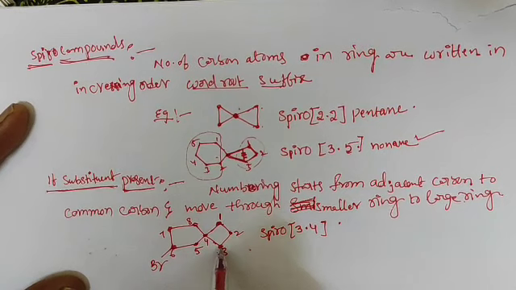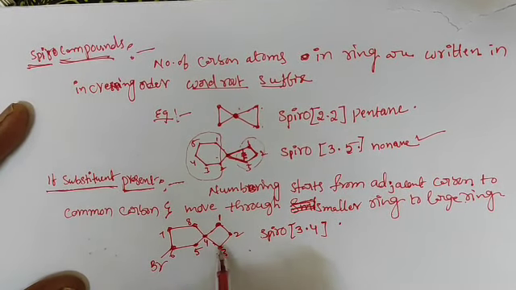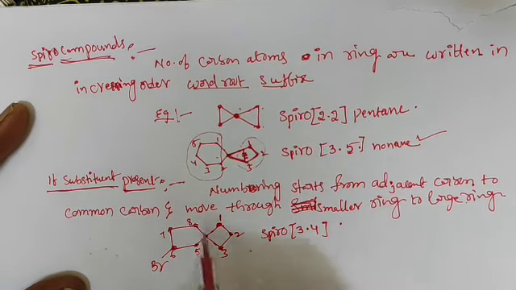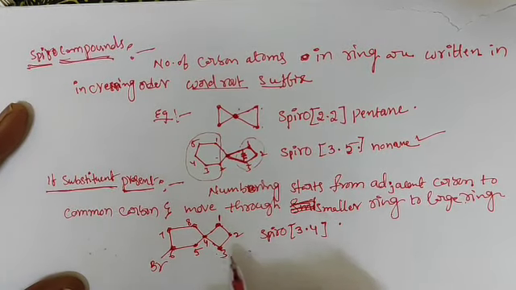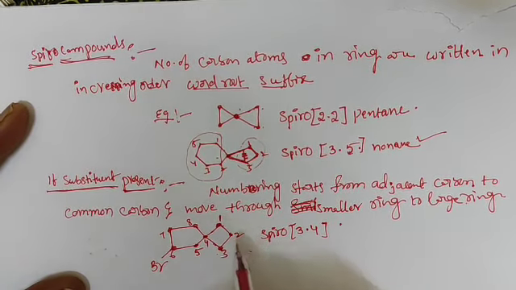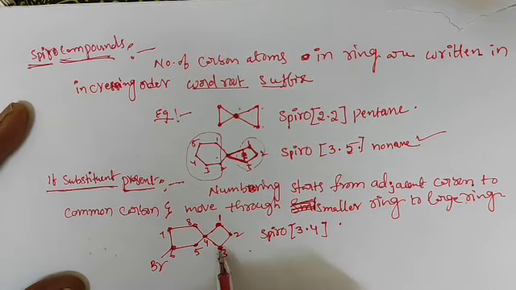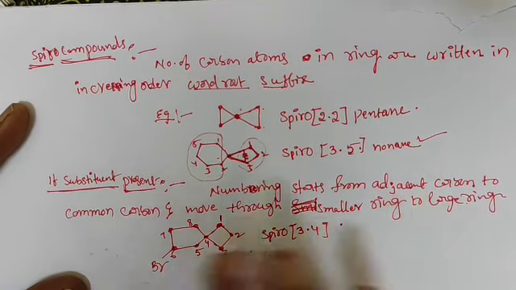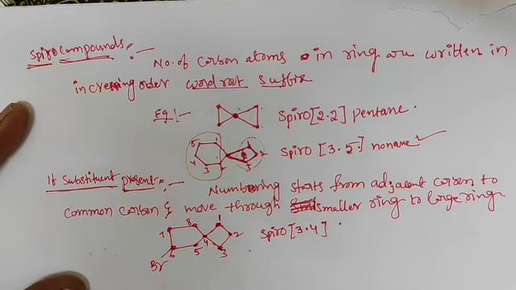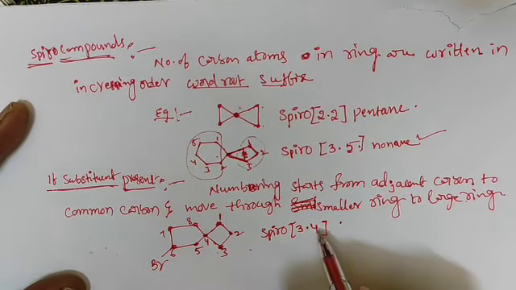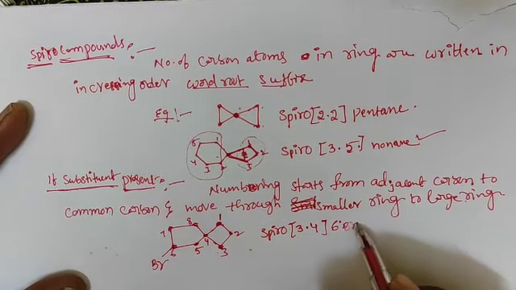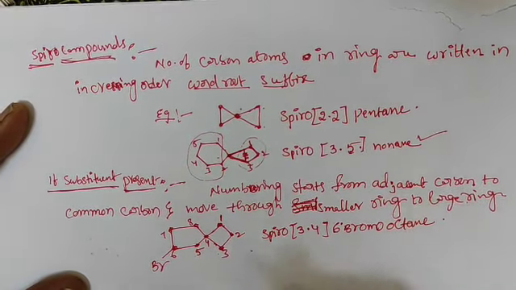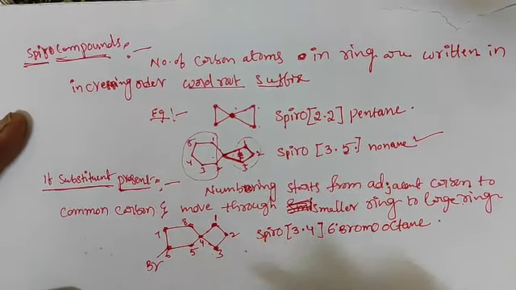Here 1 2 3 will come, but in the smaller ring we want to complete all the numbers first. Small numbers all we will give to the smaller ring. So smaller ring to large ring we will go like this 1 2 3. We won't give here 1 2 3 4 5 like that. We will complete all the carbon atoms of the smaller ring, then only move to the large ring. So 3.4 6 bromo, sixth carbon has bromo group. Octane. So this is the name of